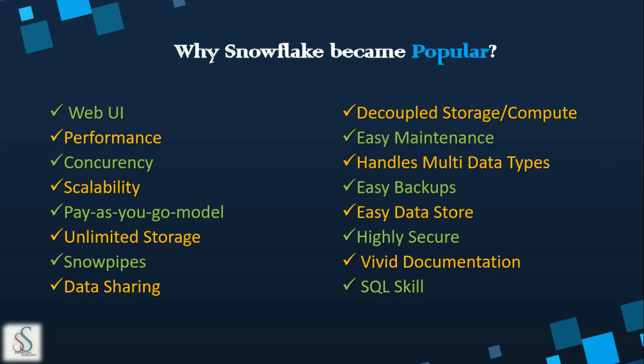So if you want to increase the storage in Snowflake, it does it automatically without disturbing the computing machines. And if you want to increase the computing machines, it will do it independently. It will not touch the storage servers. So they are independent, decoupled. Because of this, if you are using only 500 GB of data, but you want to increase the speed by increasing the computing machines, you need not add one more storage server for that. Okay, in later sessions we can discuss in detail when we are discussing this architecture.